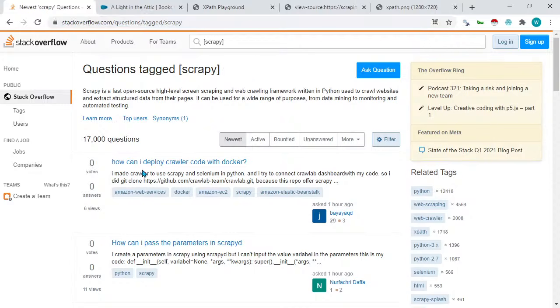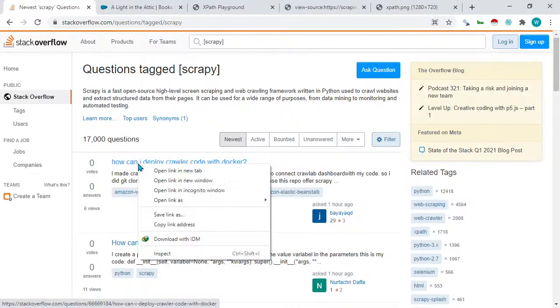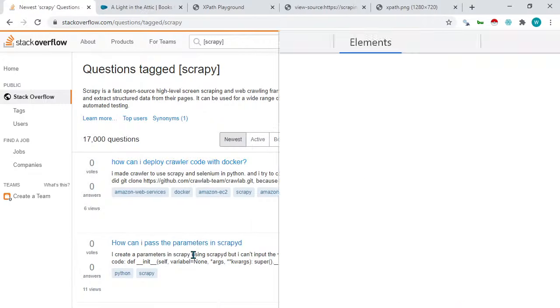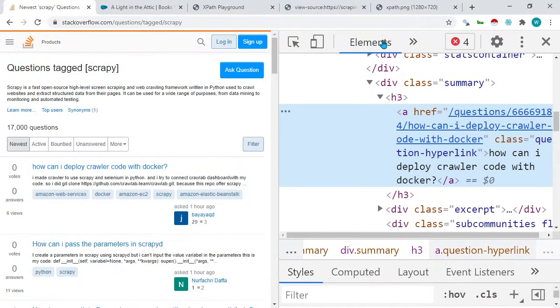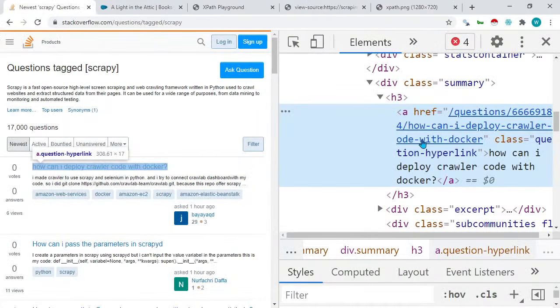Now what we want is to select all the questions, right? So right click, inspect. Now you should be on the elements tab. If you're on elements,